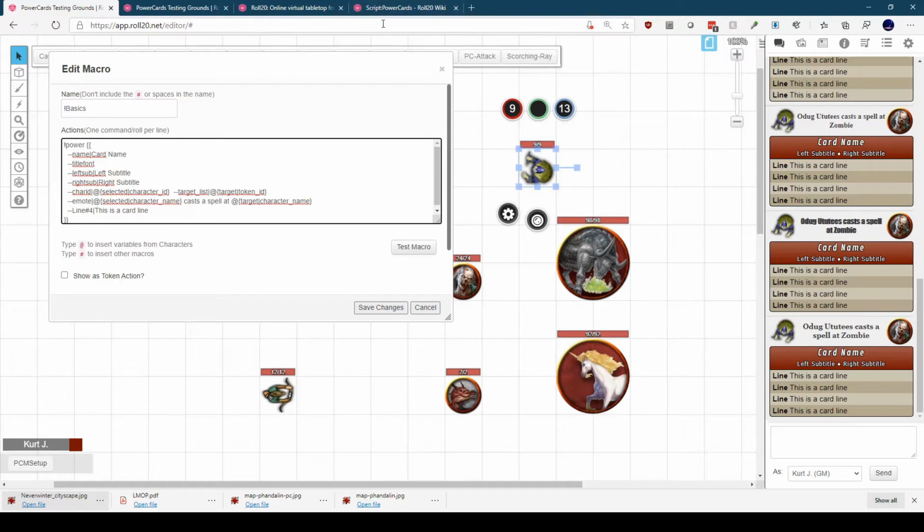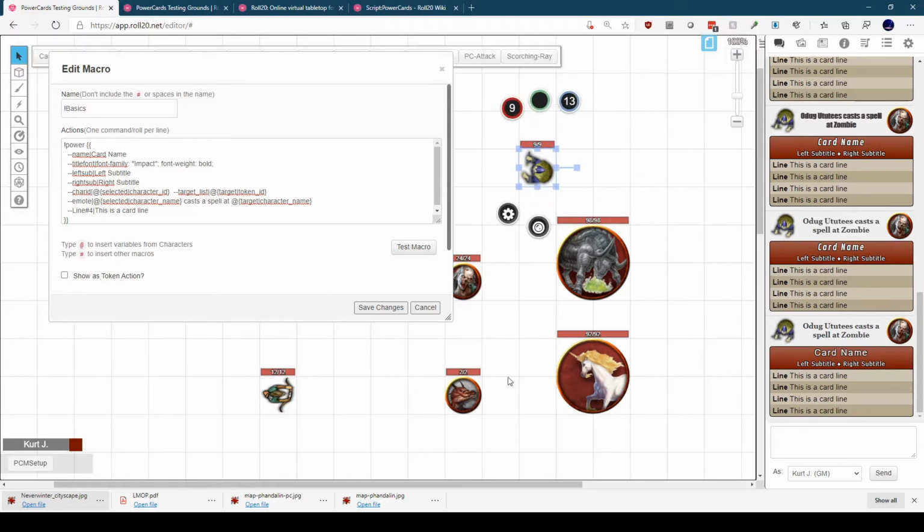And I'm just going to paste back in the line we had for emote font, and I'm going to change it to impact, since we know that looks different, and test that again. So now we've changed the font of the title of the card. You can see,